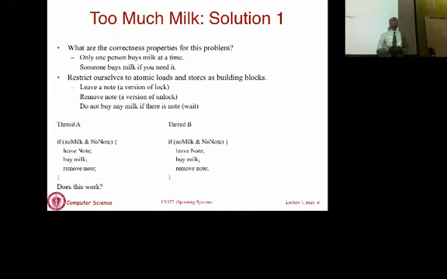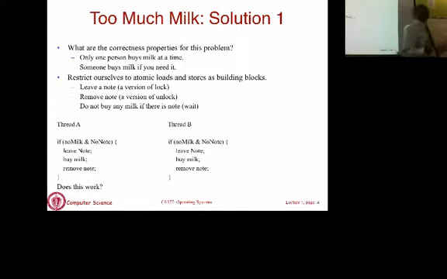Let's, for simplicity, assume it runs thread B. So thread B is going to run. It's going to see, is there milk? Thread A hasn't yet bought milk, so there's still no milk. Is there a note? There is no note yet because thread A has not actually executed the leave note. Its time slice expired before the leave note statement could execute. We just entered the if statement. So thread B is also now going to enter the if statement. Now you are in trouble.